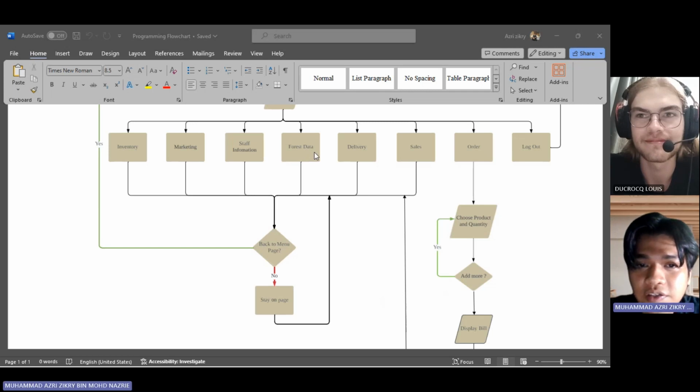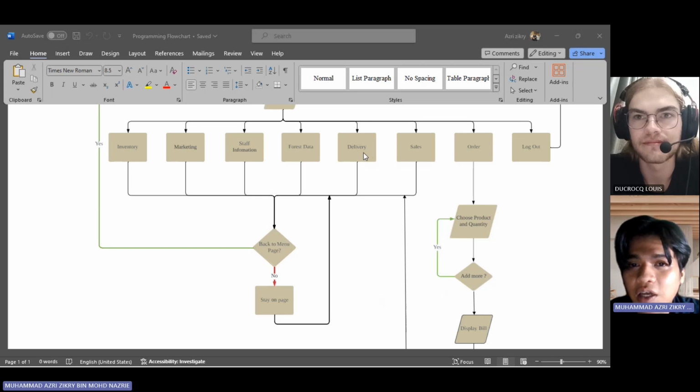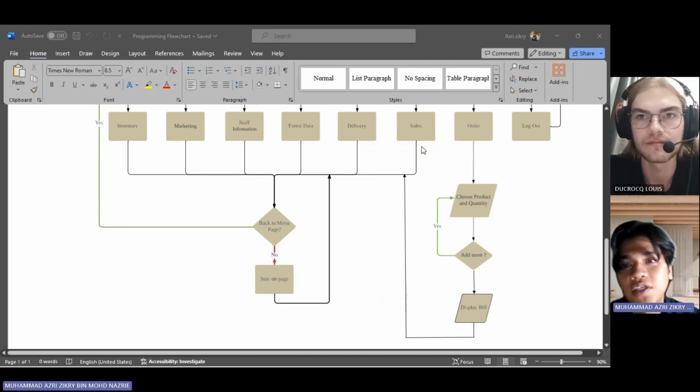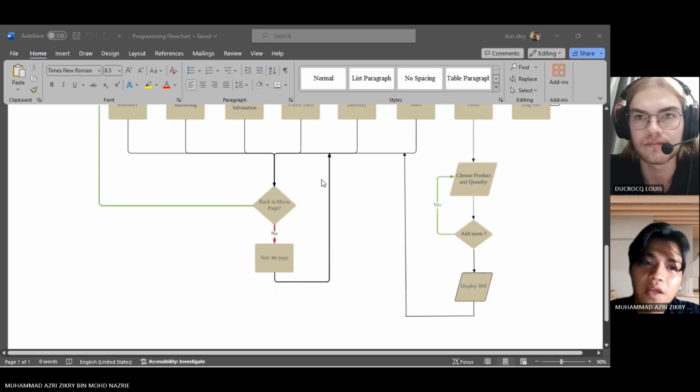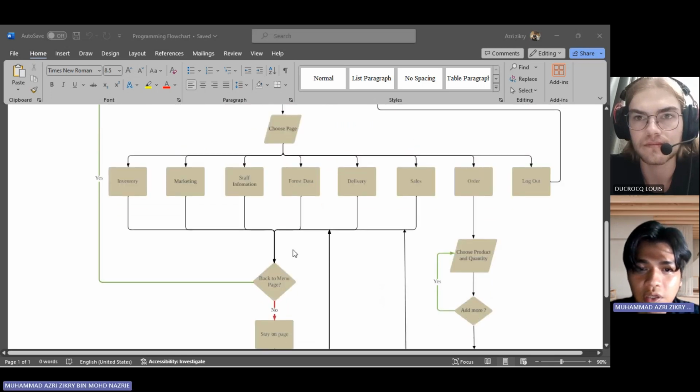And the forest data, you can see the data on the forest we have that we sell. This delivery, you can see how many percent that we deliver to them. Also the sales, you can see the information about the sales. Then after you look in,